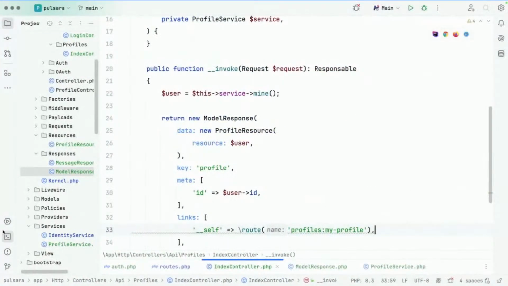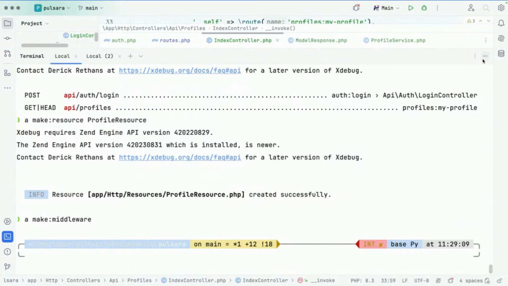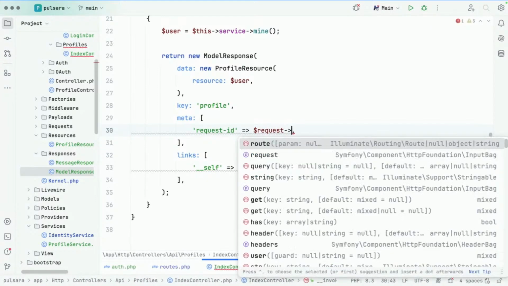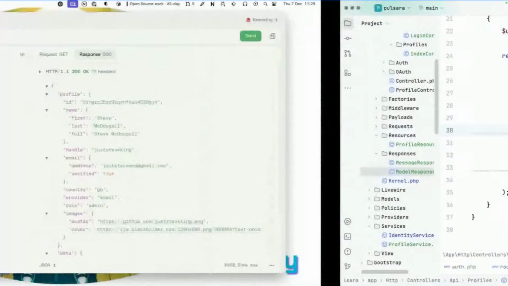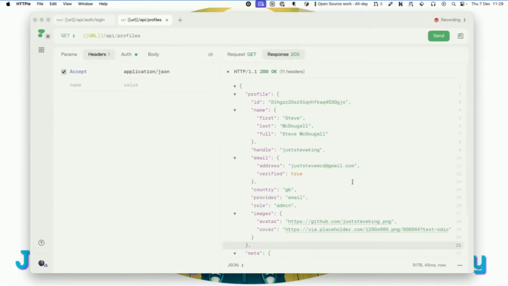request thing going on. I'm going to make another middleware. Hey, make middleware. No, I'm not. I've already got a request ID. So request ID is request fingerprint. Make that request. We've got a fingerprint, and there we go. So